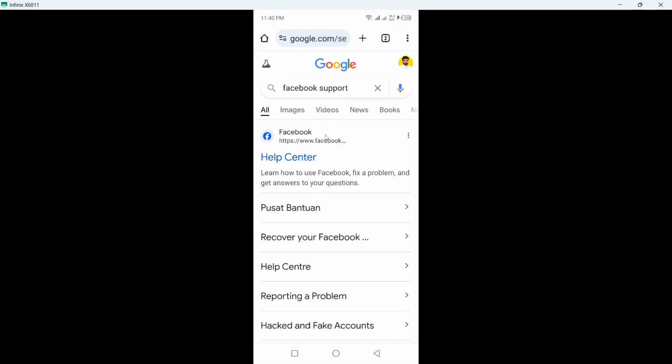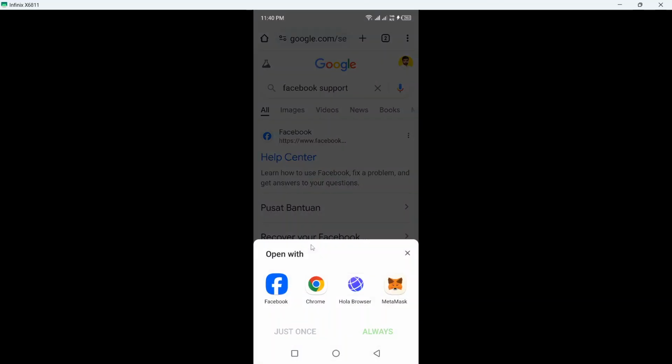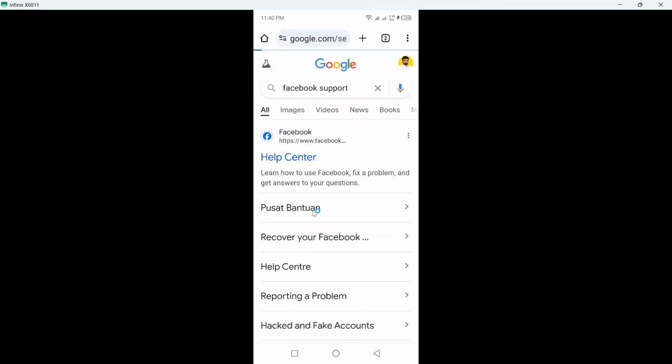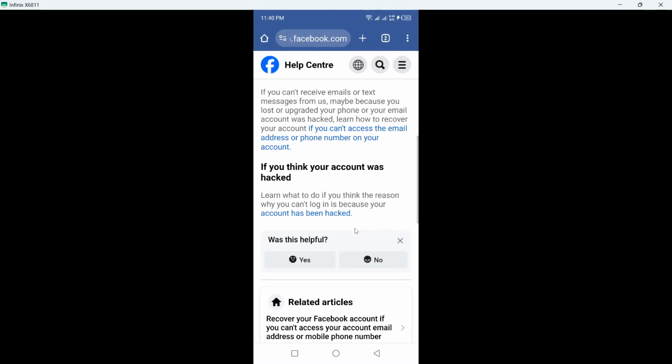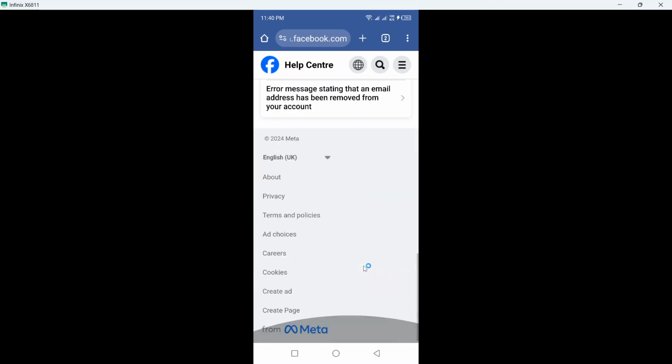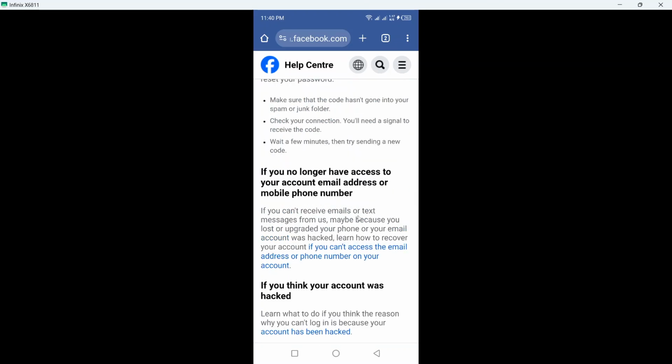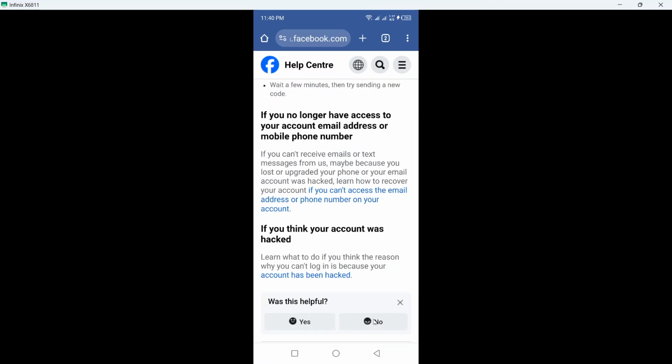hit enter, and here you can see different options. Click on recover your account and here you can see different options. Select Chrome, click on just once. Okay, and once you are here you need to scroll down. So here you can see different information, so you simply need to click on no here,